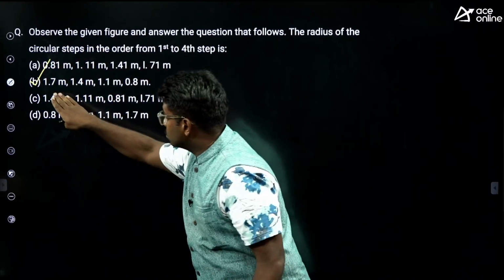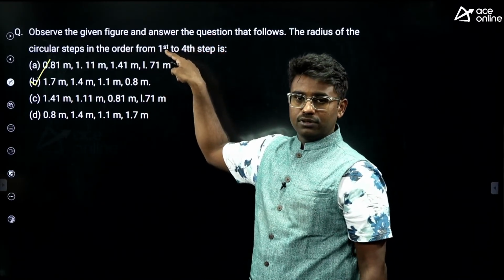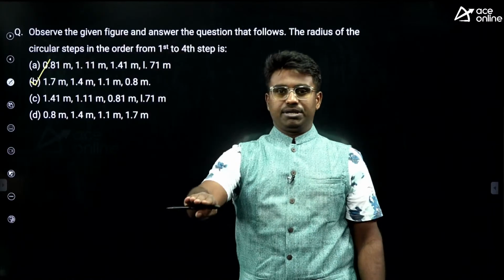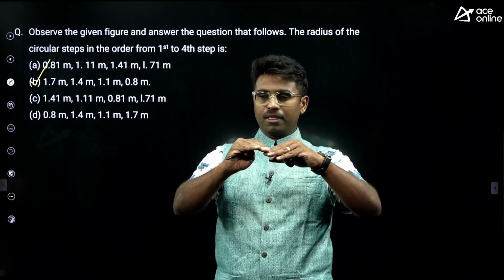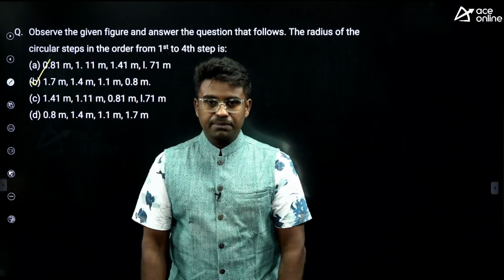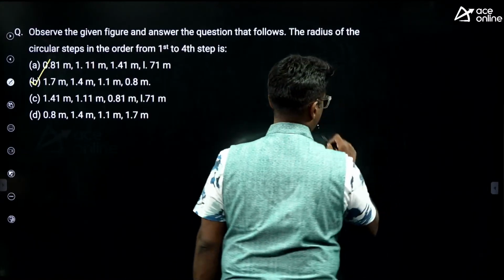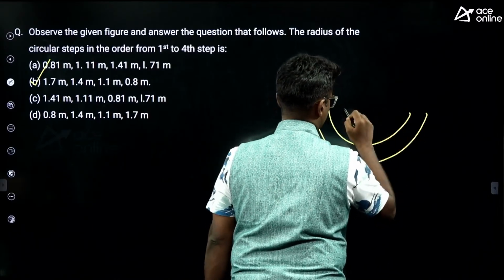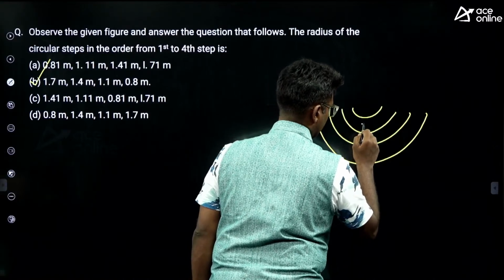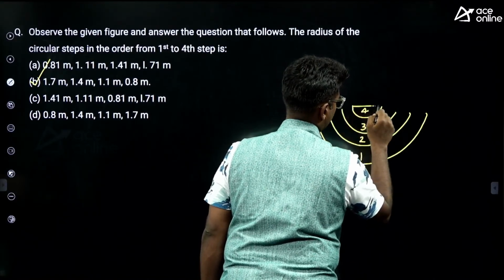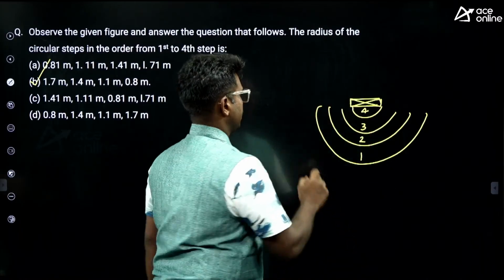Why? The order also you have to check. See, first to fourth step. You can continue from down to the top. The bottom one will be the biggest, and as you come up it can get a little smaller, it will come like this, 1, 2, 3 and 4. Here you have the opening of a door. For example, if it is like this.